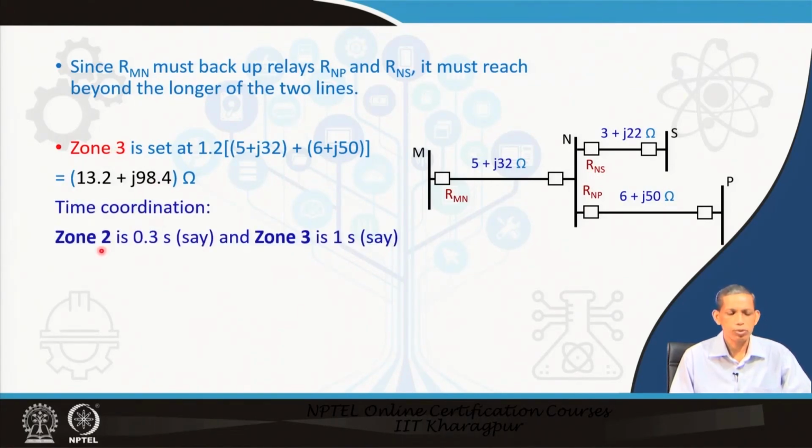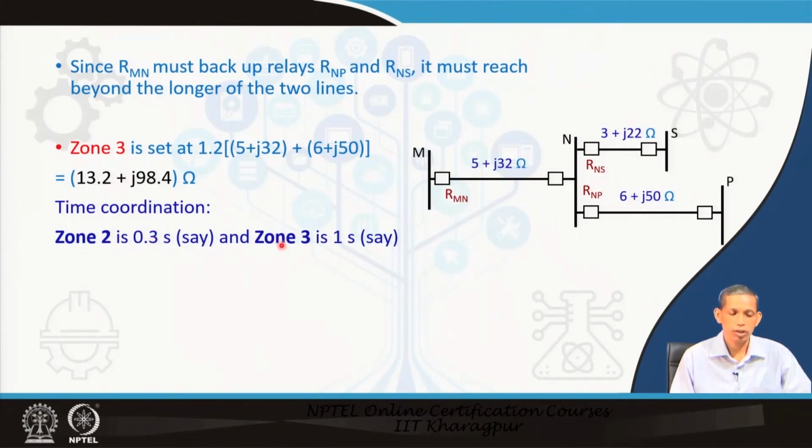Time coordination: suppose for zone 3 you take a delay of 0.3 second, for a 50 hertz system this is 15 cycles. Why take this zone 3 time coordination of 15 cycles? We have already discussed in overcurrent also that the other relay must clear in zone 2, including breaker opening, relay decision, calculations and all. So, we leave a few cycles for that perspective. This is similar to what we have studied for the overcurrent coordination also.